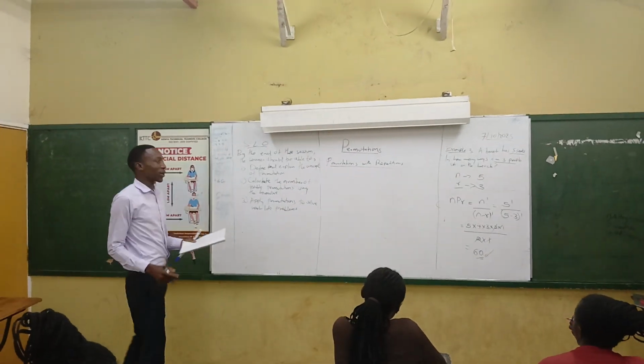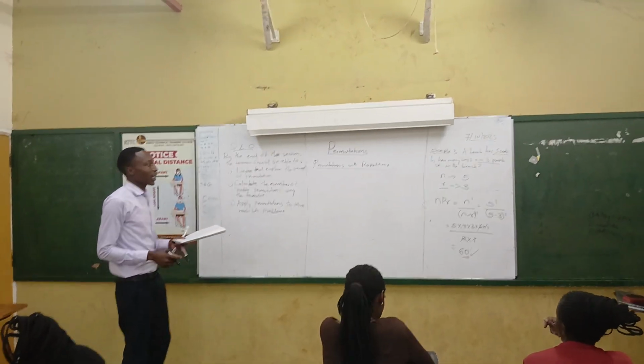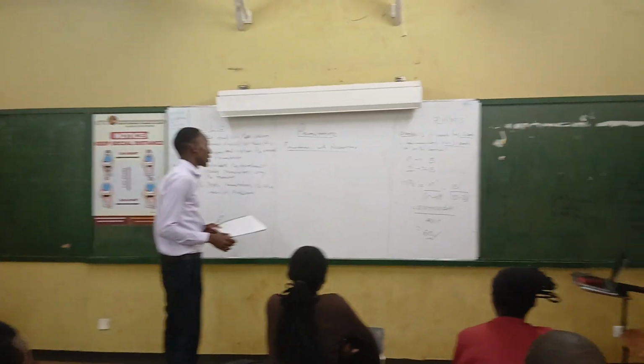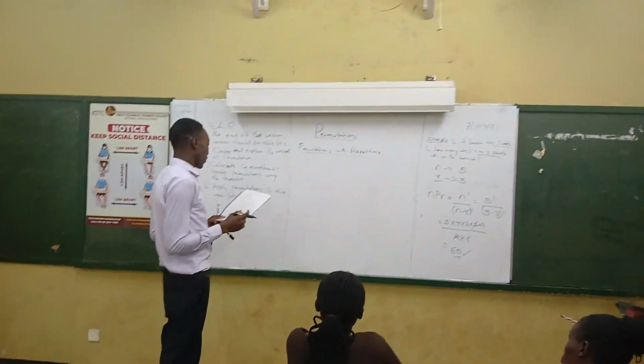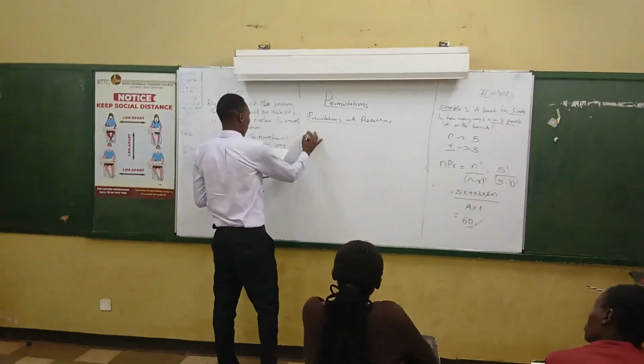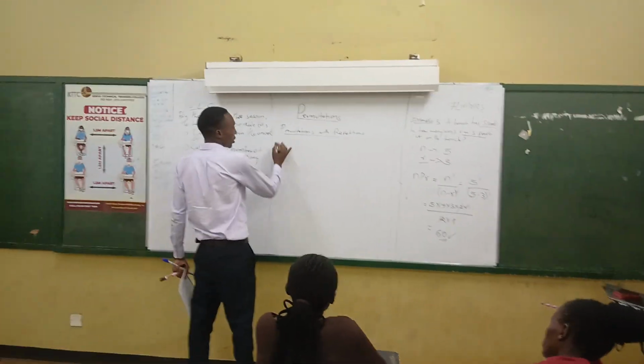How do we calculate permutations when there is a repetition? I am going to give the formula directly. The total permutations will be given by